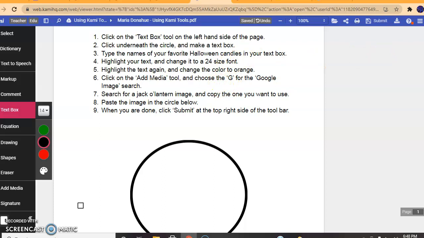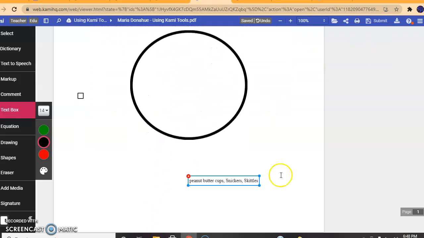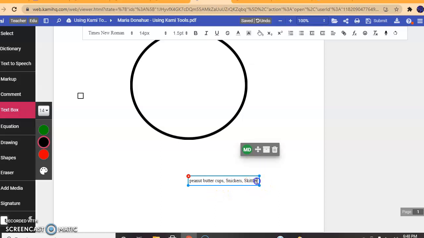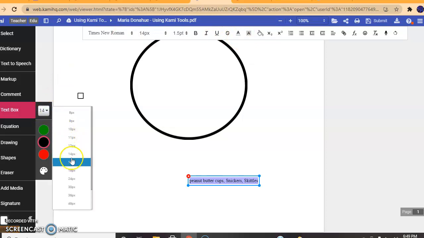So we can do this a couple of different ways. You're going to go back to your text box and you're going to click right at the end of where you typed, and you're going to highlight all the text. From here, you can choose the font size and the color, or you can also go up here and choose the font size and the color. So let's just choose 24 font,